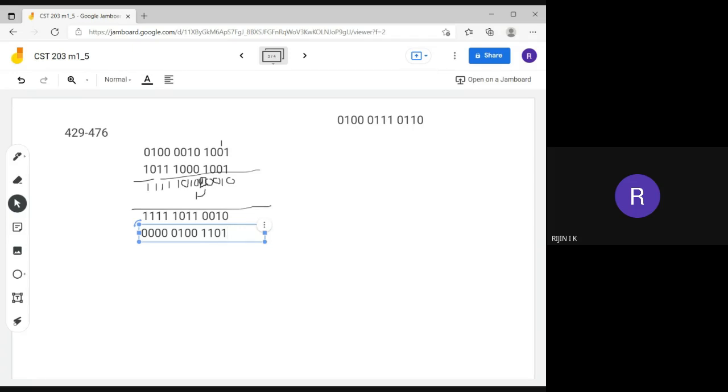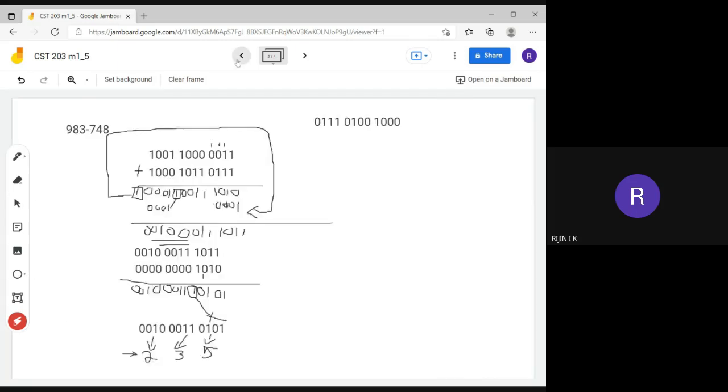Okay, so after converting that into ones complement form, we need to check if there is any carry generated. Yes, here there is a carry generated. In this group of addition, there is a carry generated. In that case, what we have to do?